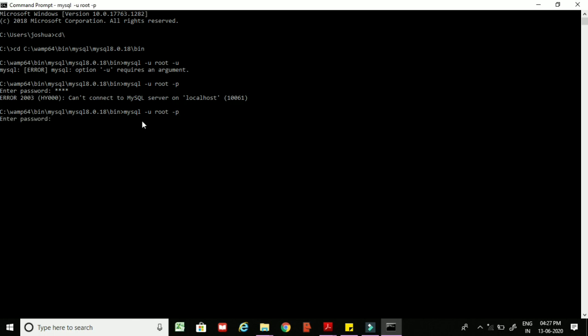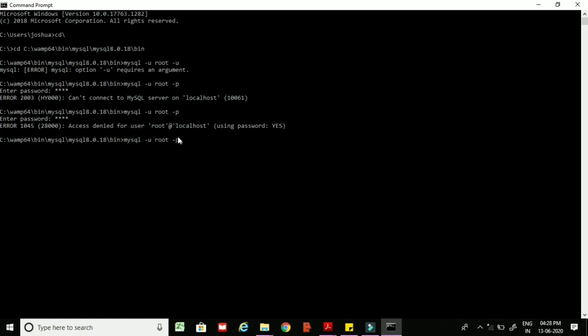Now I am going to type the password, root, and press enter. Whenever I press enter, what is it giving? Access denied for user root at localhost. That means my password is wrong, because sometimes you will encounter a lot of problems when you are logging into your system, because sometimes you may change your password, you may forget your password and so on. So for all these different types of cases, I am going to do all these types of things.